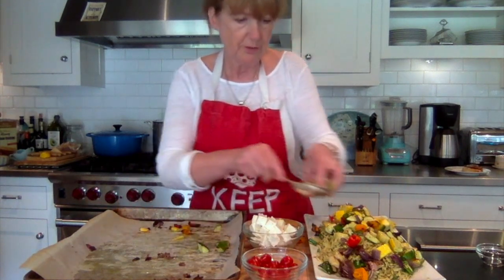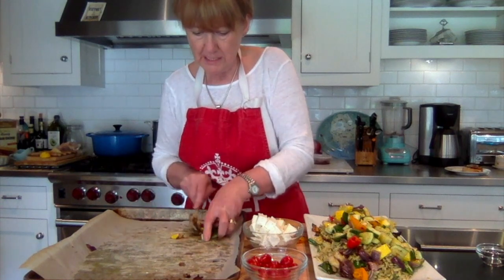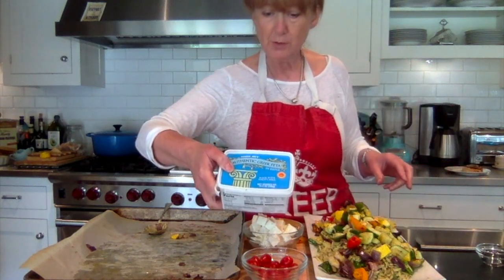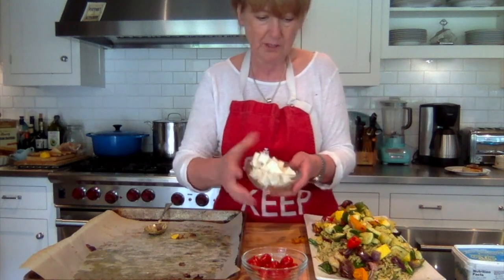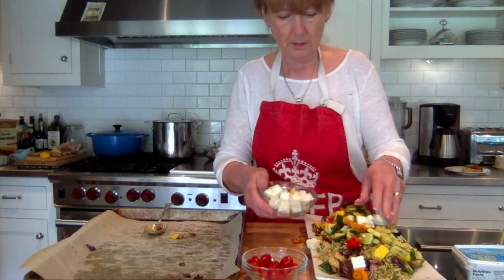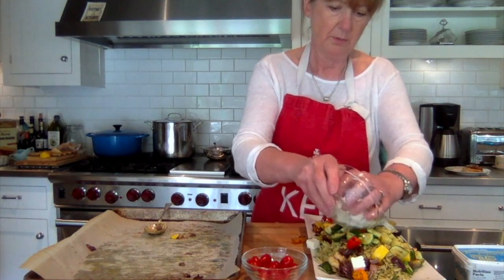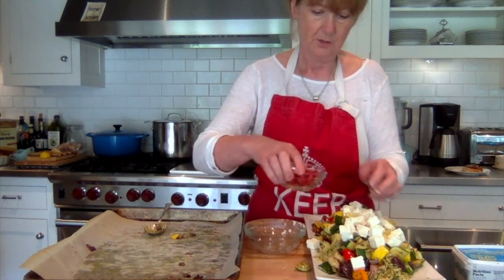And on top of that, we are going to put some cubed feta cheese. Now, I must admit, I'm kind of addicted to this one here, which is from Trader Joe's, but any sort of nice, good quality feta cheese. So that goes over the top. And then we're going to throw a couple of tomatoes on there, as you can see,